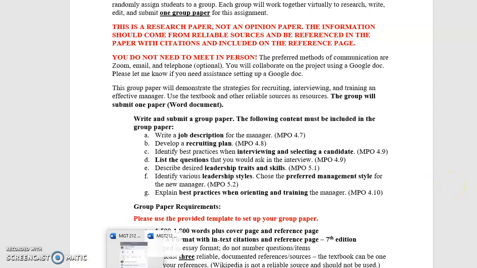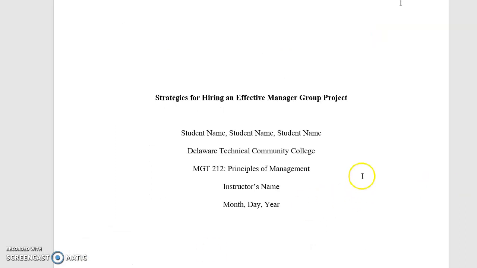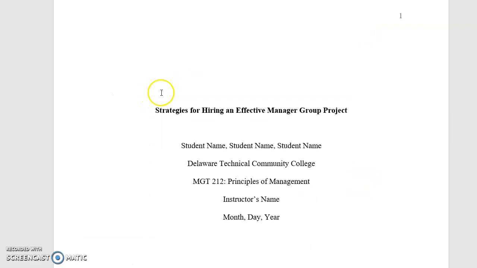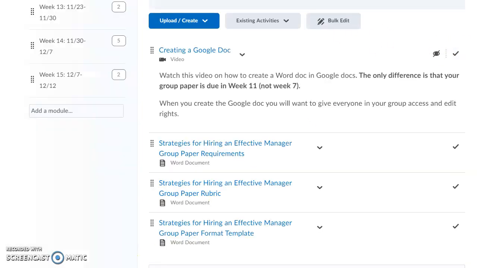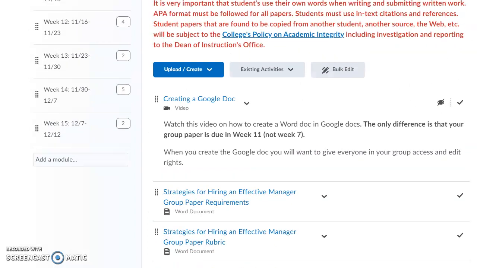You're going to then want to open the template that I've supplied. So please use this template, and you can copy the template over, Control C, and then you can go back into My DTCC, and in My DTCC you'll see that there's an area for Google Drive, and that's where you can access the Google Drive in My DTCC. So once you do that,